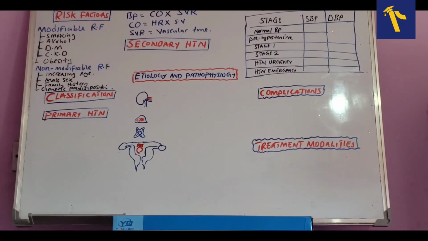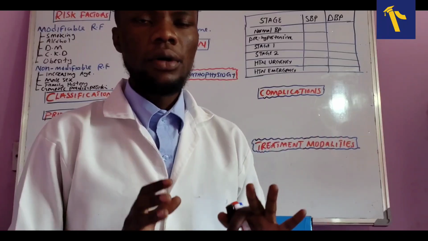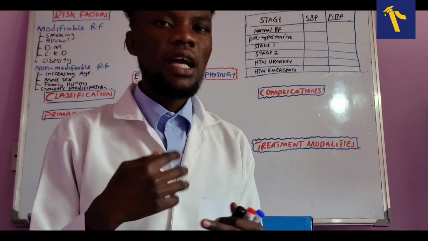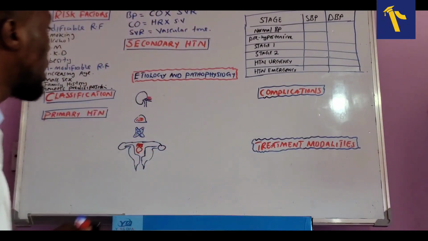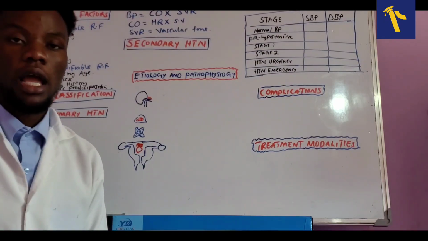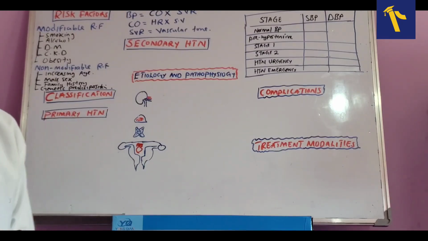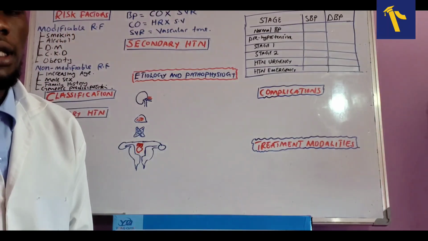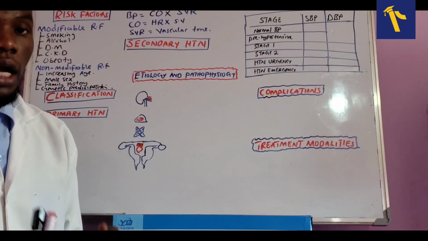Hypertension. So these are the risk factors that you can take note of. Now, since we know the risk factors of hypertension, how can you classify it? We can classify hypertension using different ways, but this is the common way, according to etiology. It can also be classified according to age, maybe according to severity, and maybe according to